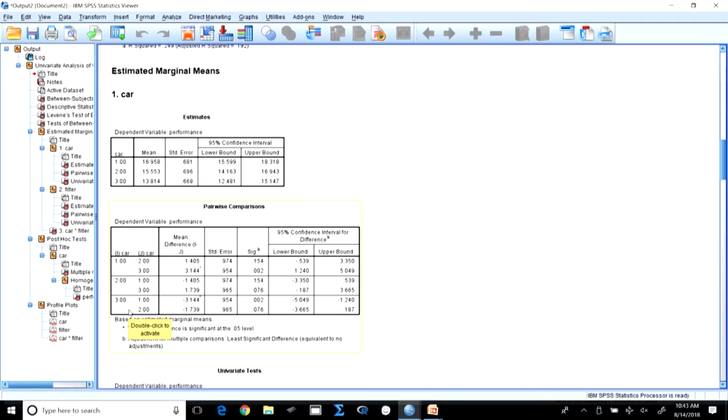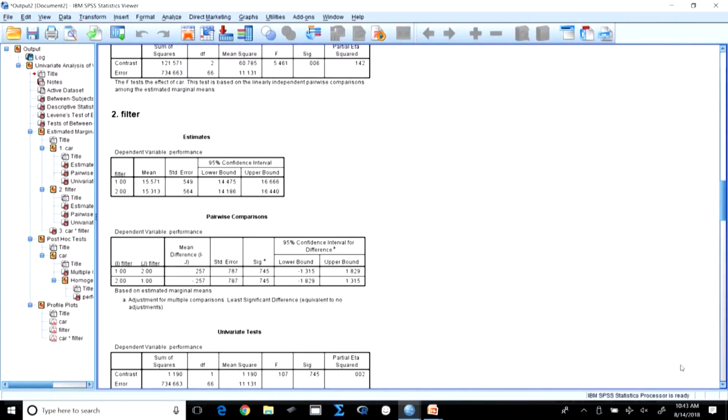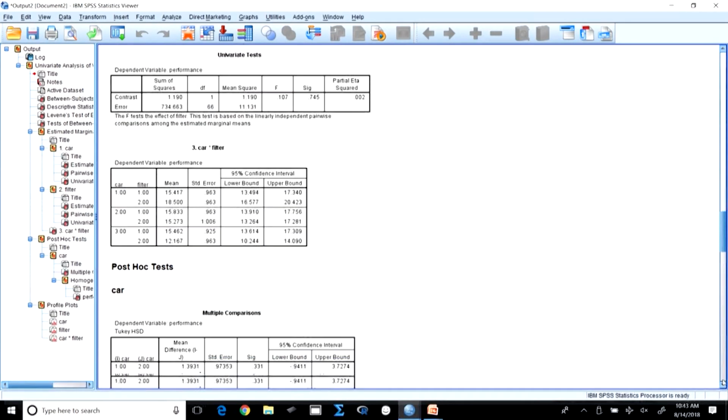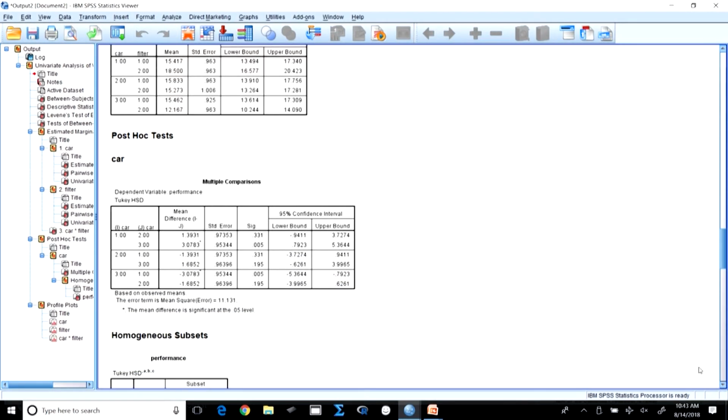So, the study helps us to find out which independent variables affect the dependent variable and how, and when you compare the groups, how the groups are affecting finally the dependent variable. So, this is what we are doing in a two-way ANOVA, right. So, you can see this also for filter and all, but we are not interested, right. So, car into filter, the post hoc test you can see this. So, it is given to you, right, these values are important.